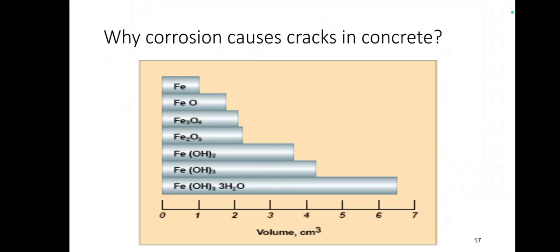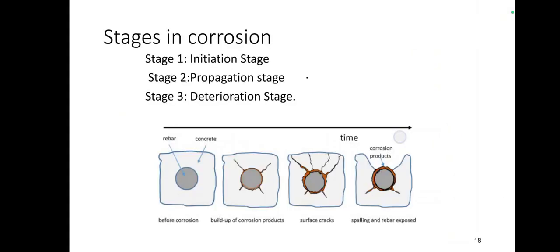So why this corrosion is happening, why these cracks are formed and spalling or falling of the cover concrete take place. So whenever a corrosion is happening, the volume of that steel rod will increase by some 6 to 7 times. So suppose a 10 mm rod is there, at the final end of corrosion, it will, the